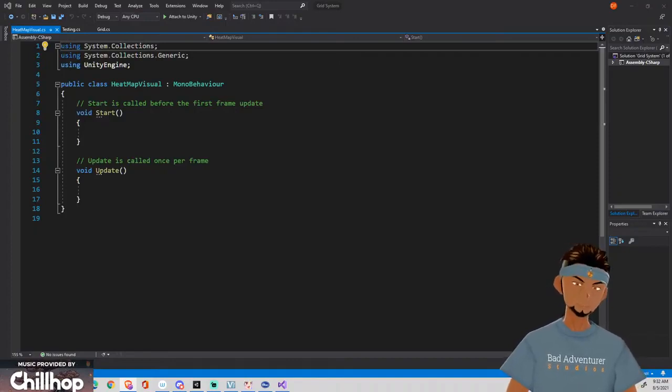Let's make a game object to handle it. So a new game object, call it the heat map visual. Drag the script onto it, and let's make sure the object is on the origin. So 0, 0, 0. Okay. Now let's open it. And now in here, in order to display our heat map, we're going to use a